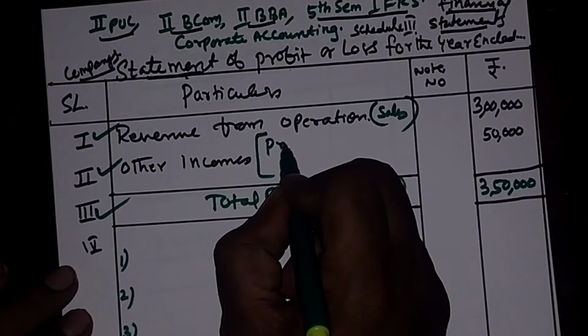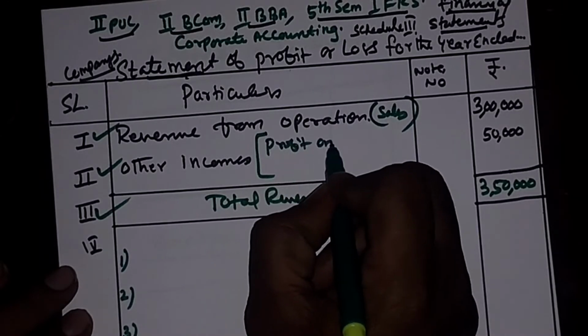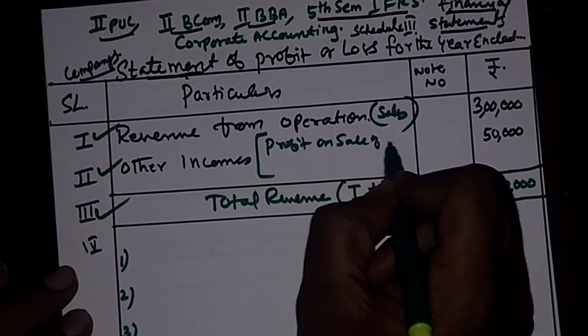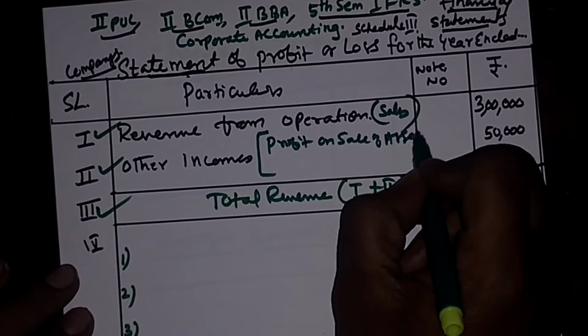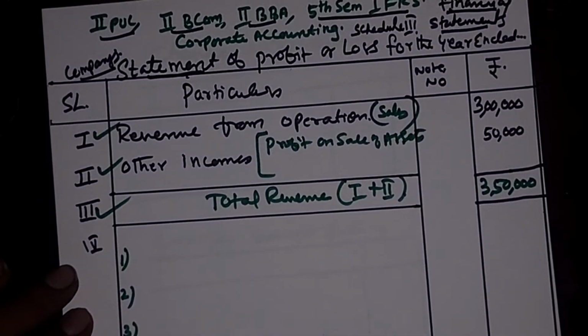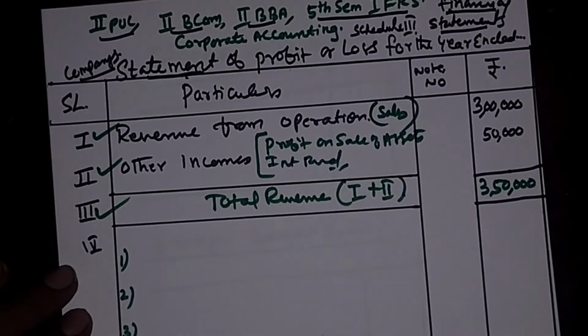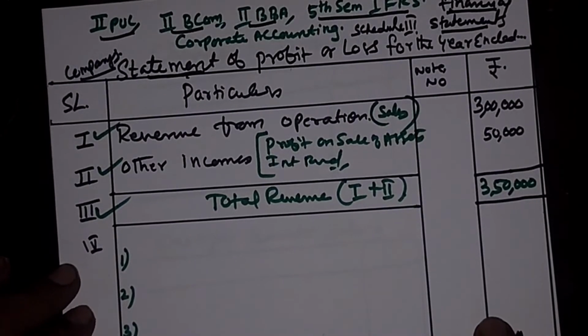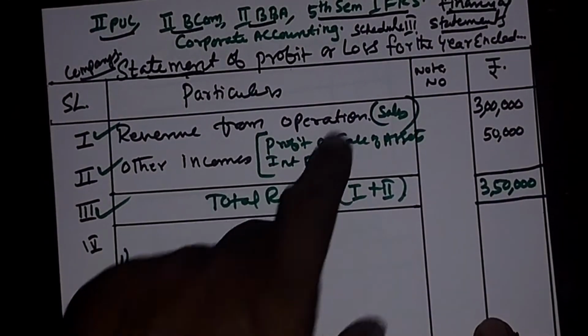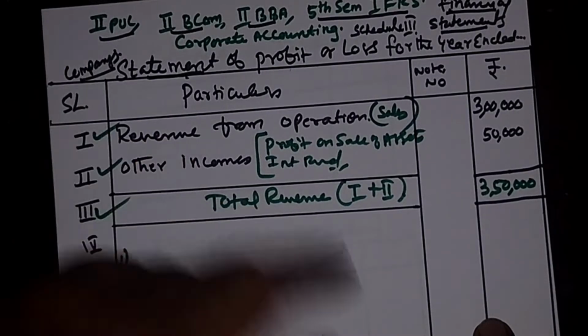One, it is profit on sale of assets or interest received on investment or discount received, like that, which is not from operating activities, which is other than